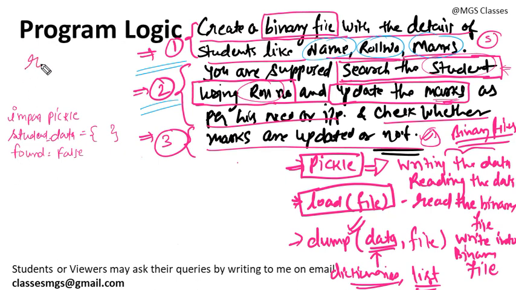Now you can open any binary file in both read and write mode. If you write rb+, then you will be opening this file in both read and write modes. So plus is basically a symbol you can use. Read binary mode, then read and write you can do. Write binary mode, write and read you can do. Append binary plus mode. If you pass plus, then you can do both operations at the same time.